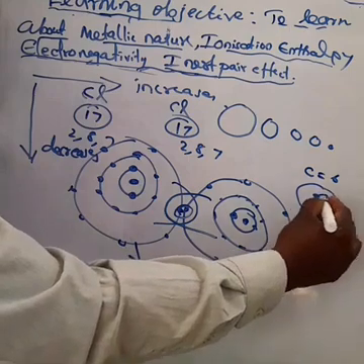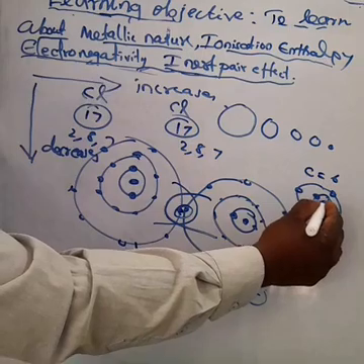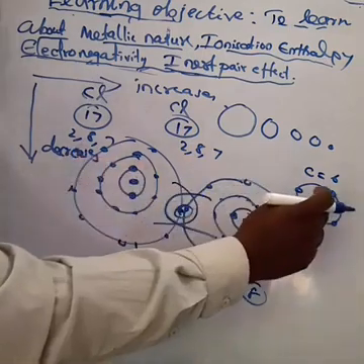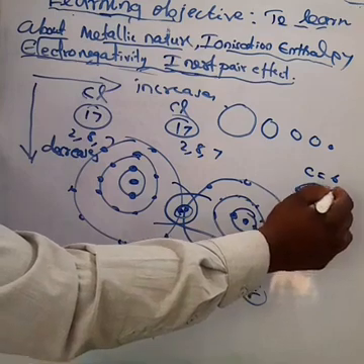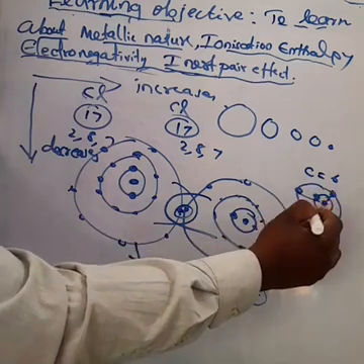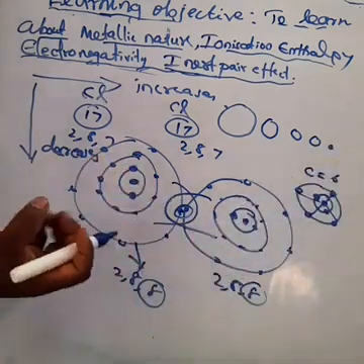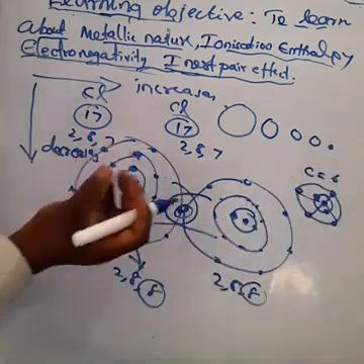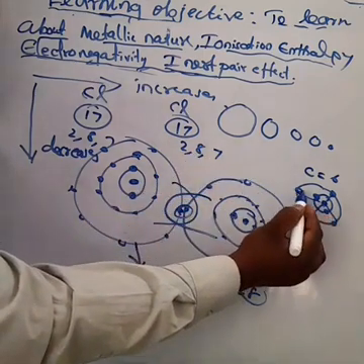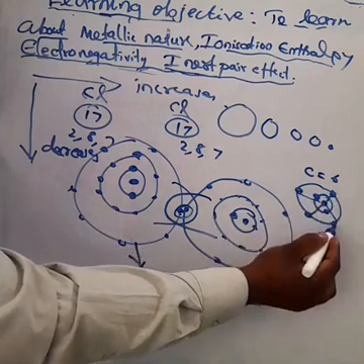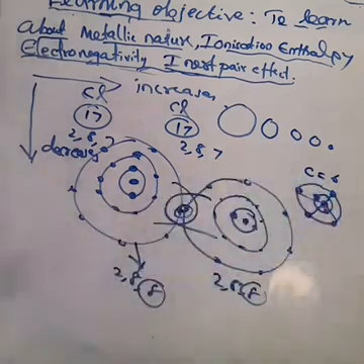2. Now the center part is the proton. The proton will attract the outermost electrons present in the carbon. So what happens? Here the size is very small, so there is a very strong attraction between the outermost shell electrons and the proton. Suppose it goes from top to bottom, the size